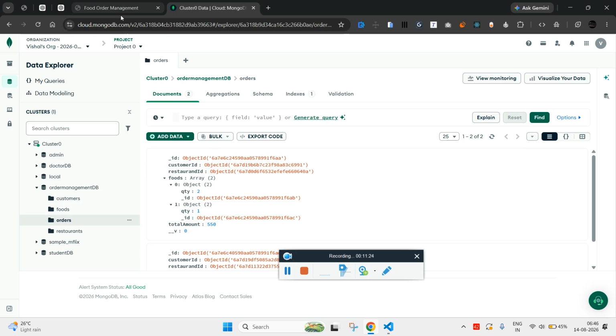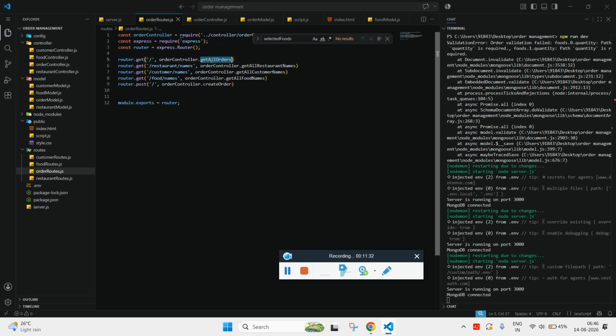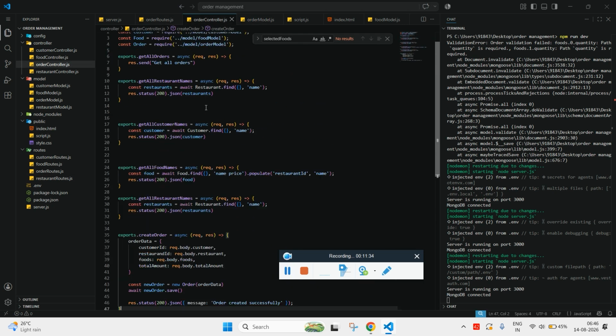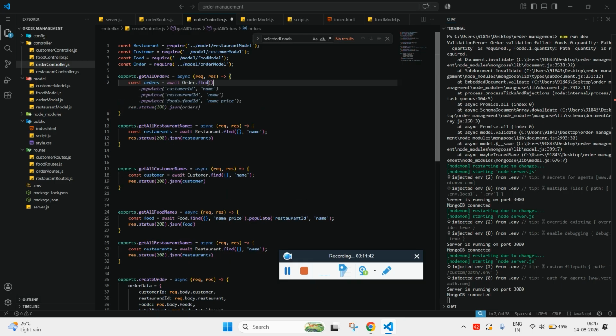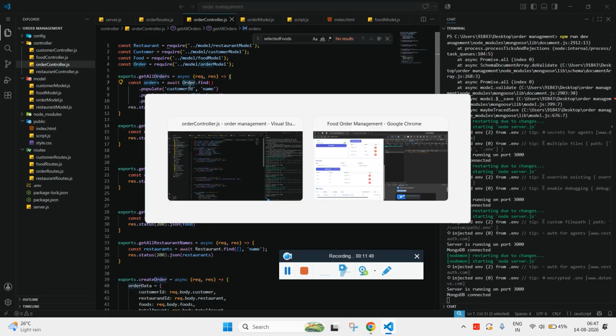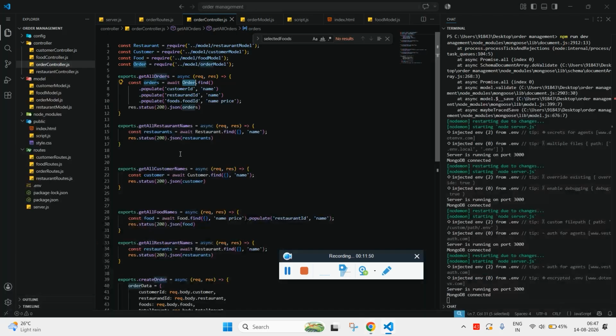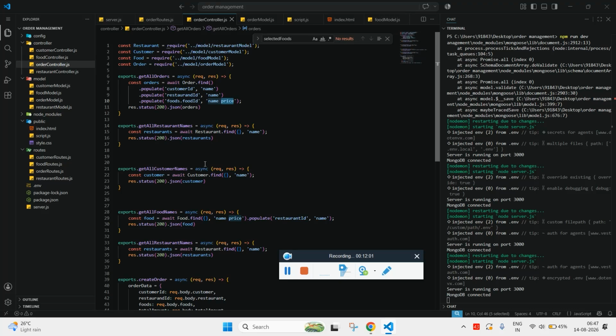Now we have to fetch these values and display them in the form of a table. Let's do that. We already have get all orders, so get all orders is over here. Now we just need to call the order, and we have to populate it accordingly and send the value. We need customer name, then restaurant name, then the food name and price, and the quantity QTY,